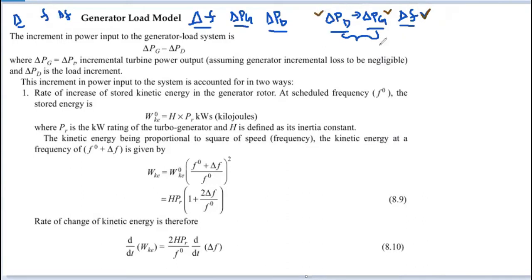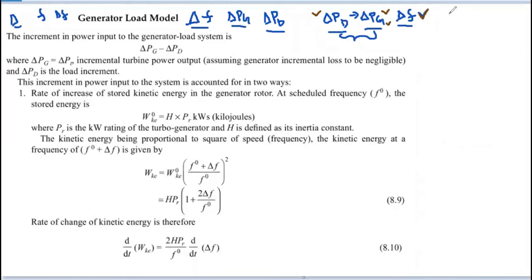So the main cause for the change in the frequency here is the change in the load demand. In order to meet the change in the load demand, you have to increase the generation from the power plant. If these two are not matched, then there is a change in the frequency. So this frequency may be increased or decreased. If the change in the generation is very less, then the overall frequency will be reduced.